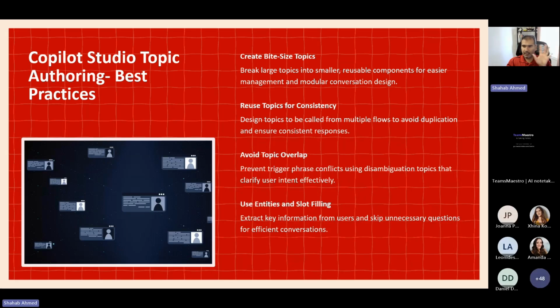Large topics can be difficult to manage and update, and if you have to make changes, it's hard for someone else to look through them and understand that logic. So if you make them smaller, you also make them reusable, right? It makes that logic easier to follow. The smaller topics can be triggered independently, so you could have those topics pop up in different flows at different points in time. And so you can use them in that granular manner and have that modular design.